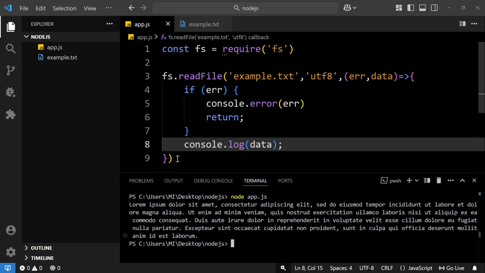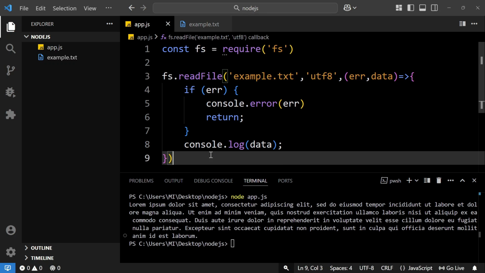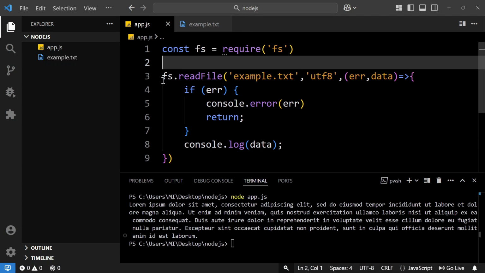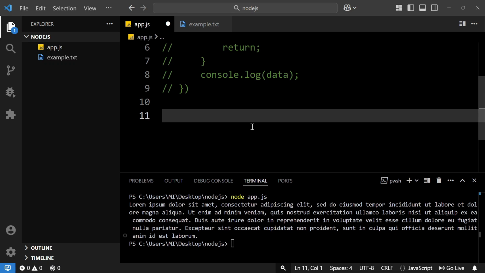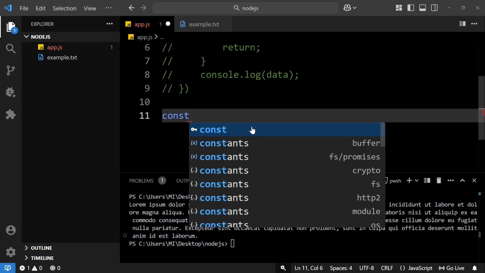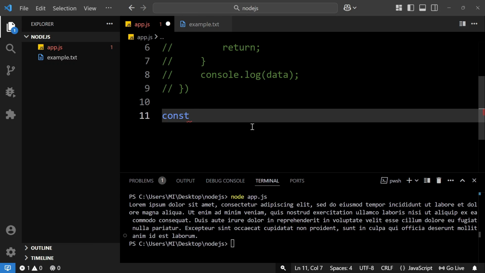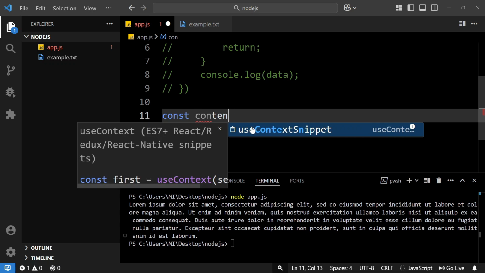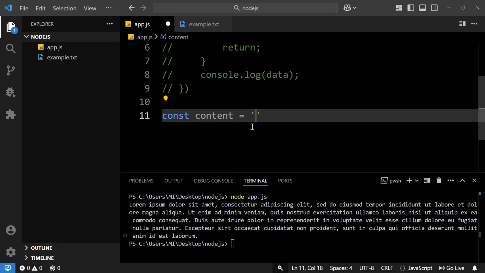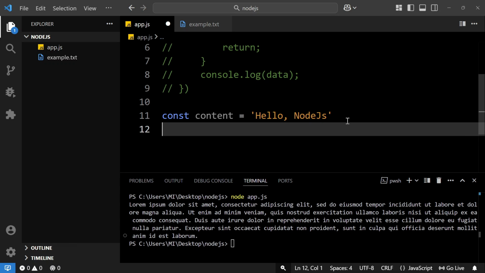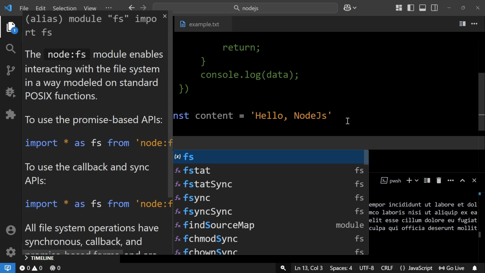After that, we will see how to write a file using this file system. To do that, simply comment this one, and here we will create a variable using const, and the variable name is content. And here we will add one message, hello Node.js. After that, we will use the file system, and in this one we will use